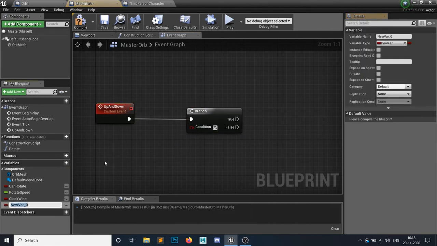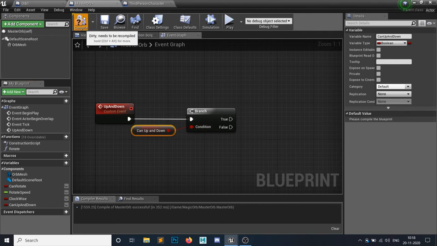Obviously it can go up and down, up and down. Oh, whoops, can up and down, because if it can't go up and down, then you don't have to take this boolean.